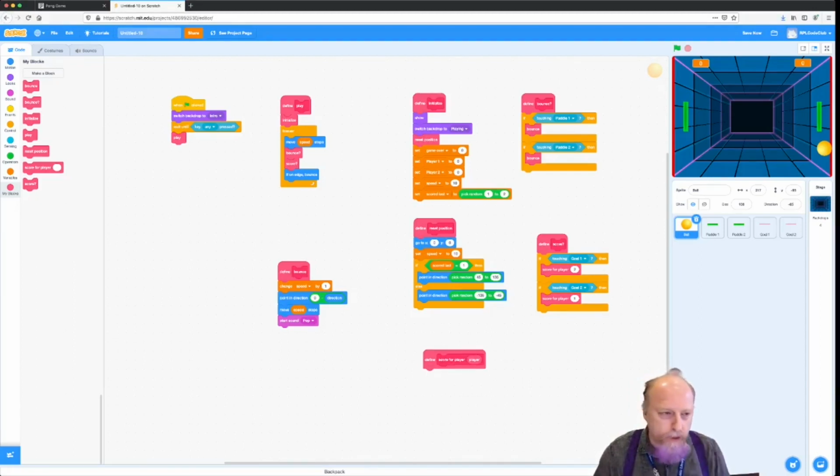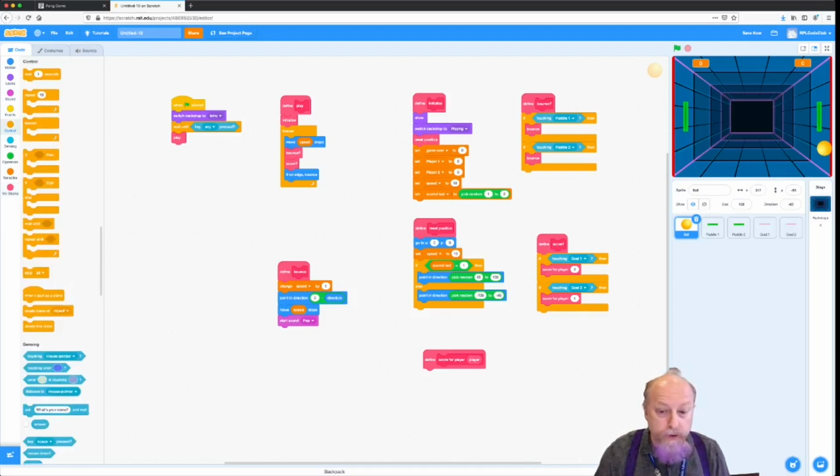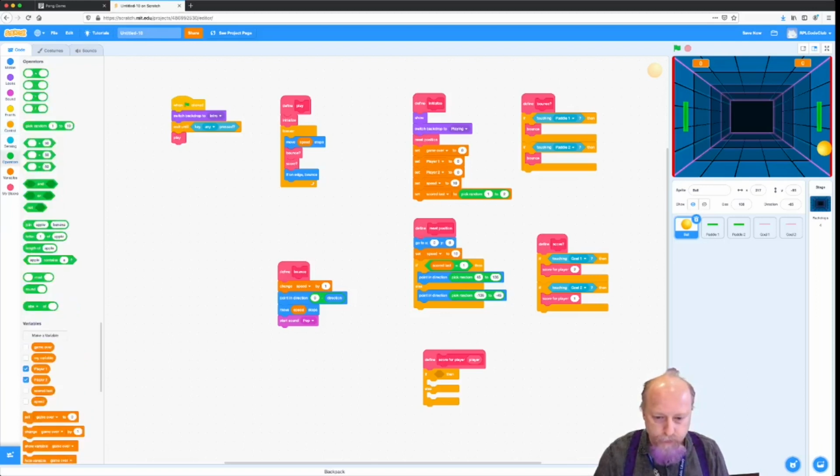So score for player, we're going to need to make a decision first. Which player is it? And so this is where we will use an if-else block, because we know it's one or the other. We already know we're scoring. That's what we figured out here. So there's no question mark about this. We're scoring for one player or the other. So we want to know which player, and that's going to be an operation of equals. So if player is equal to 1,